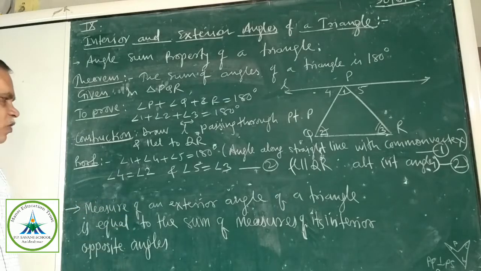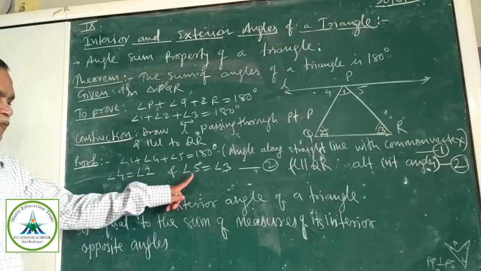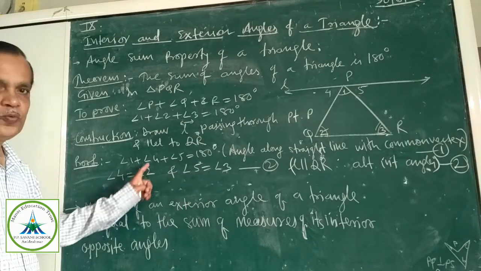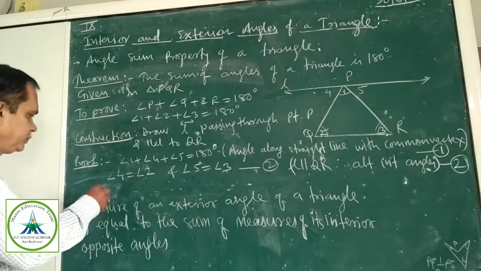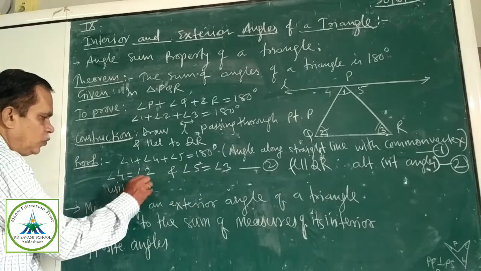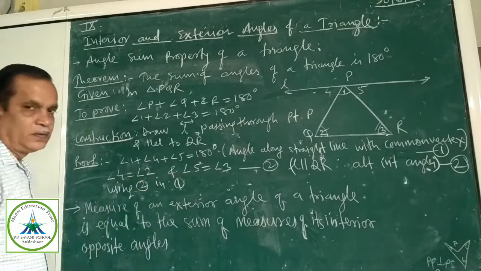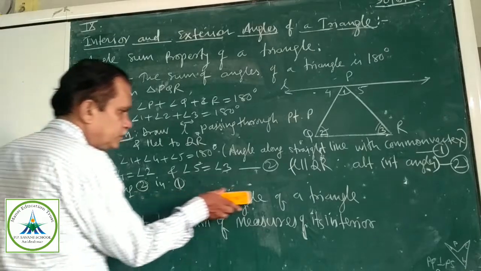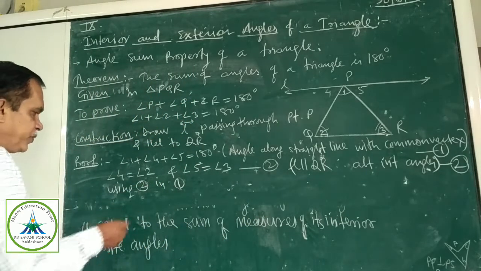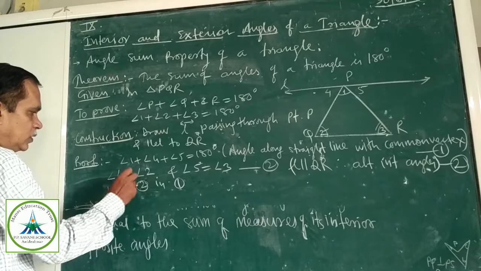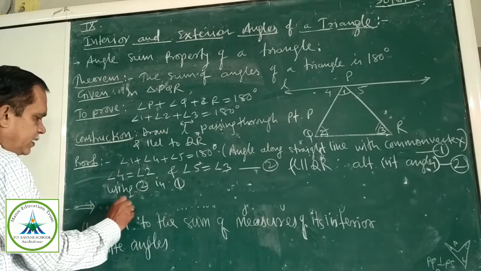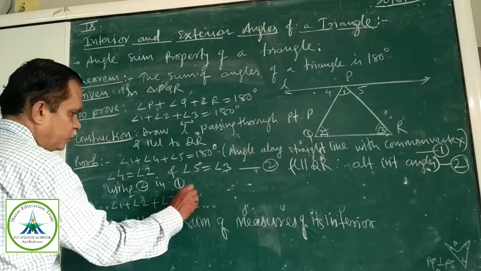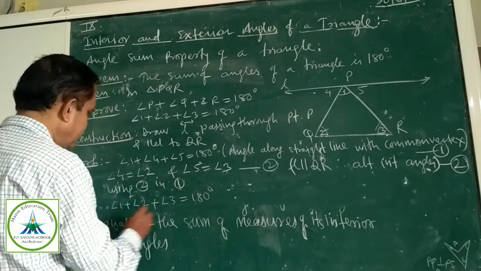Very clear transfer. See now, 4 equal to 2, 5 equal to 3. So we will replace this 5 by 3 and 4 by 2, using 2 in 1. Using 2 in 1 we get, in place of 4, angle 1 plus angle 2, and in place of 5, angle 3, equal to 180 degrees. And hence...